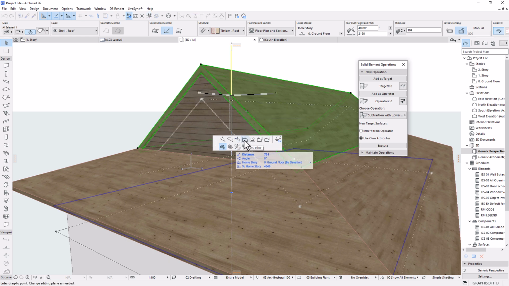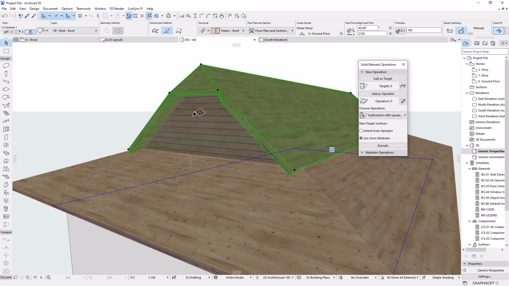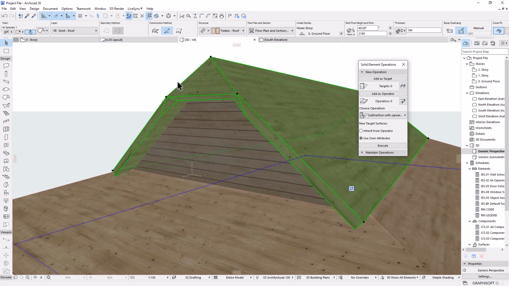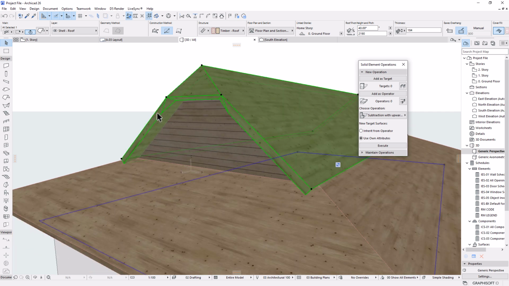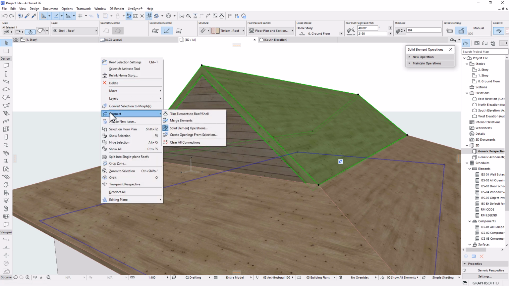On the pet palette, let's activate the offset edge, and then we can move this by 300, something like that. Oh, by the way, you'd see now it becomes this mess. So I would undo, and then instead of doing it while it's like this, let me minimize the solid element operation first. I don't want to confuse you. So I'm going to right click, and then let's find